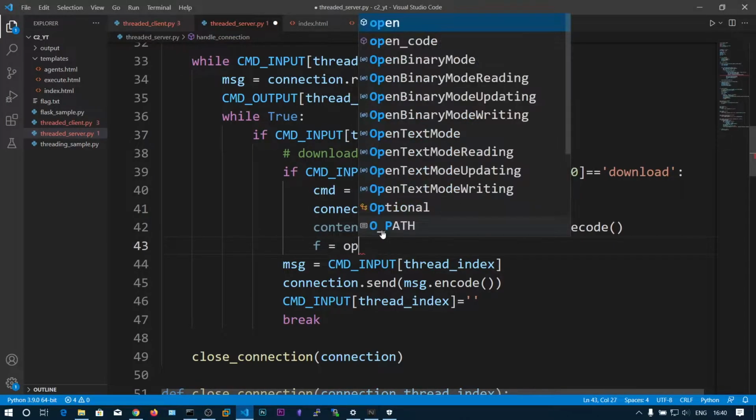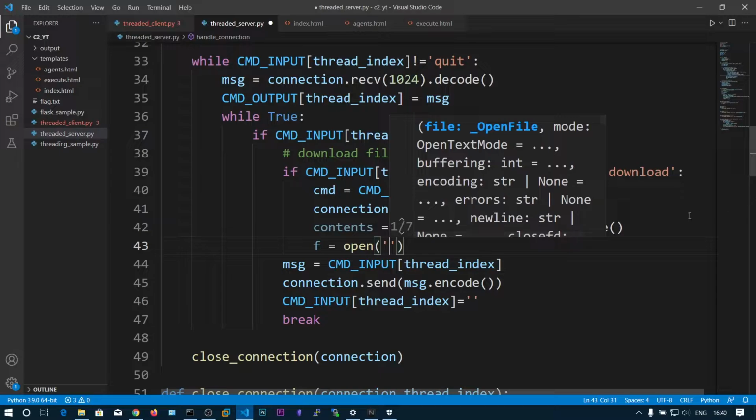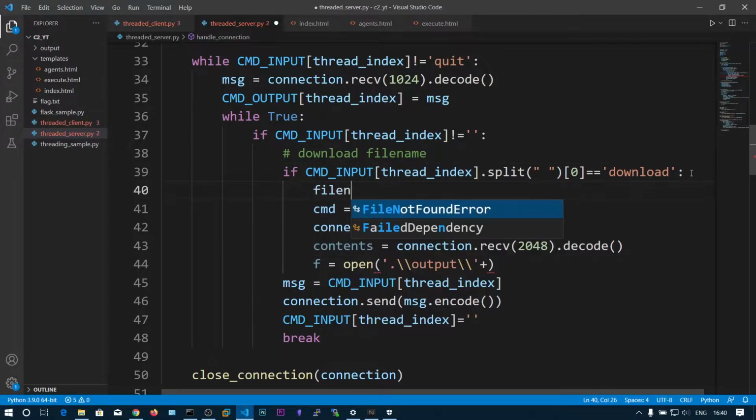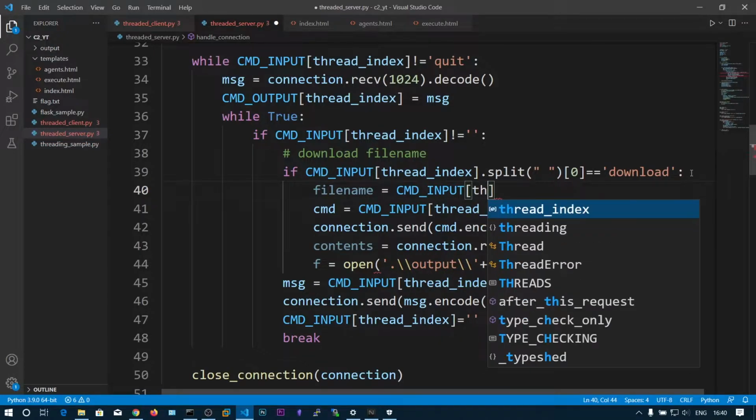So let's go and say open of output plus we can say file name is equal to cmd input of thread index.